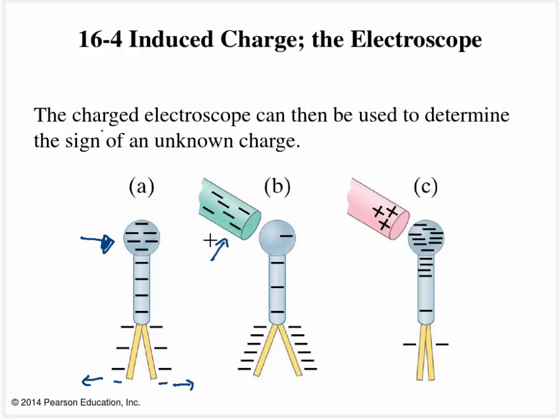Suppose I bring in a negatively charged rod. Then that rod is going to push all these negative charges as far away from that rod as possible, because there's a force of repulsion, and these leaves are going to have more charge on them. They're going to be pushed further apart. Similarly, if I bring in a positively charged rod, then it's going to draw up those electrons to this end, so there's not as much negative down here, and so this spread is going to be larger. So I can figure out what charge is on the